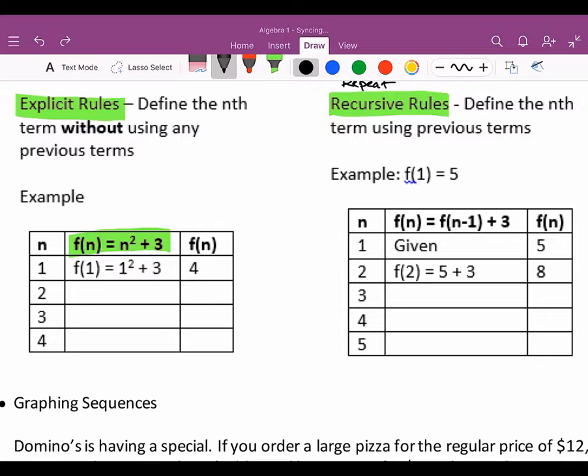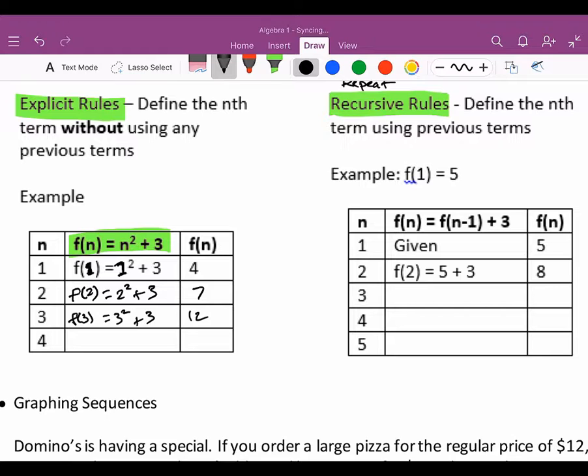So if I get f of 1, notice how 1 is inside the parentheses, and 1 is also where the n is. So 1 squared plus 3, which would be 4. If I want to know the second term, f of 2, you have to square the 2 and add 3 again. So 2 squared is 4, 4 plus 3 is 7. If you want to know the third term, square the 3, add 3. So 3 squared is 9, plus 3,